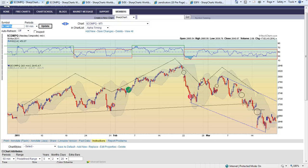The things that I'm seeing in the markets are there's a lot of things that suggest that there's more downside. I would say that it's like an 80-20%, 20% that maybe we have found the bottom and that the markets are gonna slowly try to recover, but I don't think that's the case. I'm not really seeing anything that supports that, except for the fact that nobody really knows where the market's going, so you always have to prepare for the trade that goes against what the charts are telling you, because that